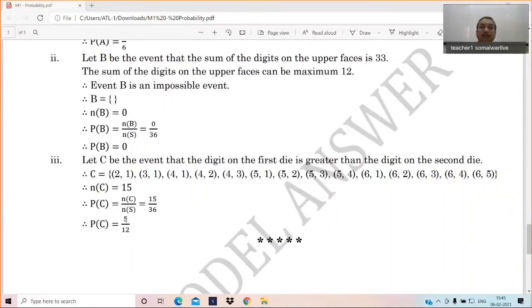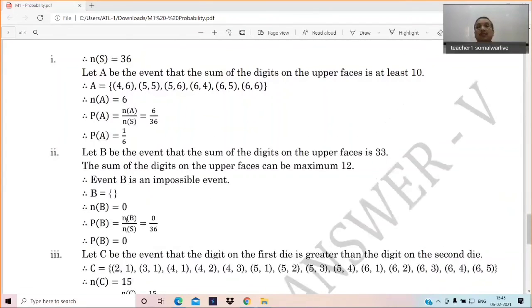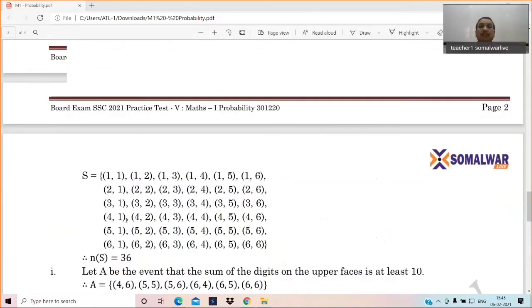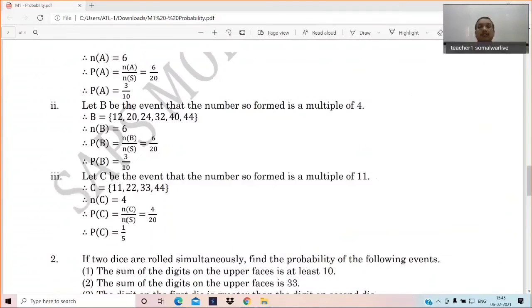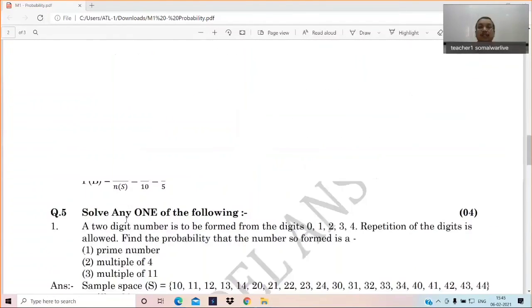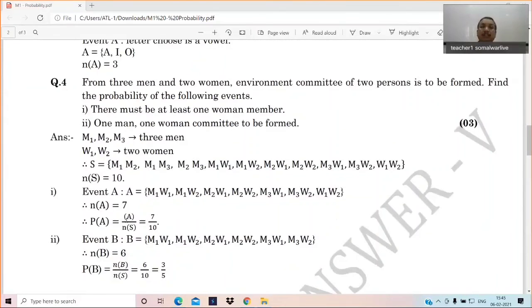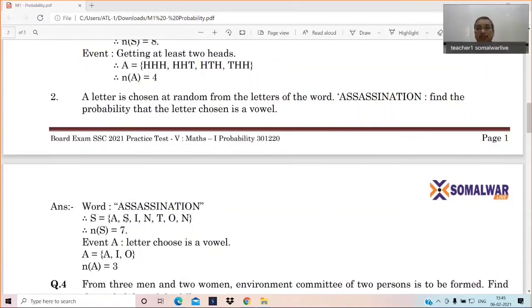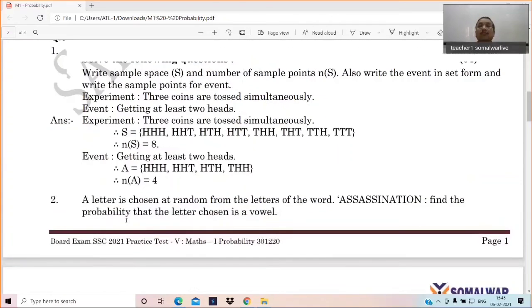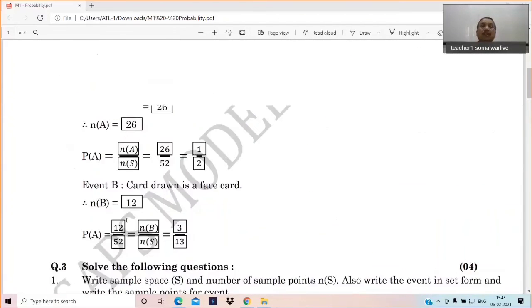Got it? So this is about the model answer of this chapter. So I think you got all the ideas clear with the previous interaction and this interaction, about how to manage our time, how to write our answer, how to represent our solution. So with this